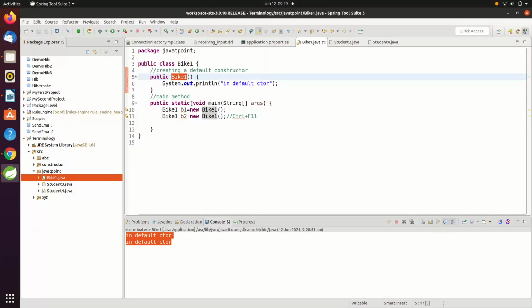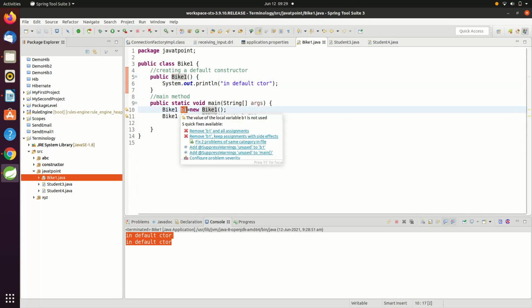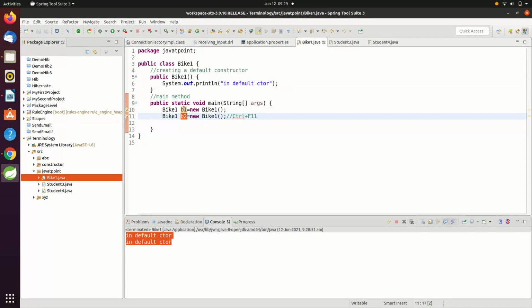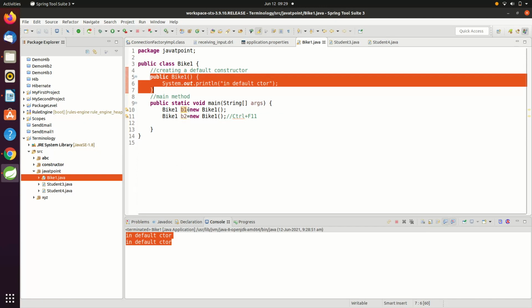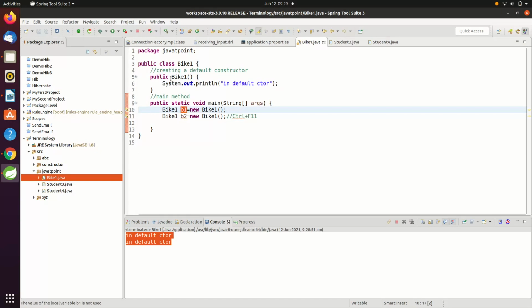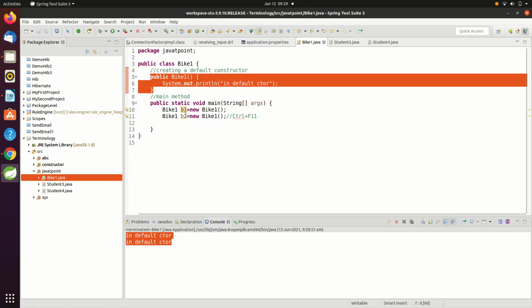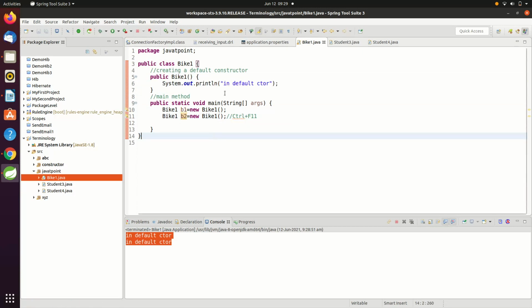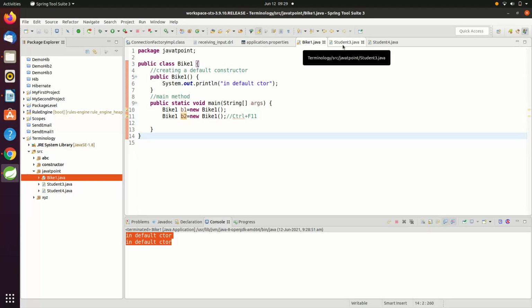Why two times? You have created two objects, hence two times. One constructor gets called once per object. For the b1 object it will get called once, for the b2 object it will get called once. That's it. In this example we have seen this, and in the next example we will see more.